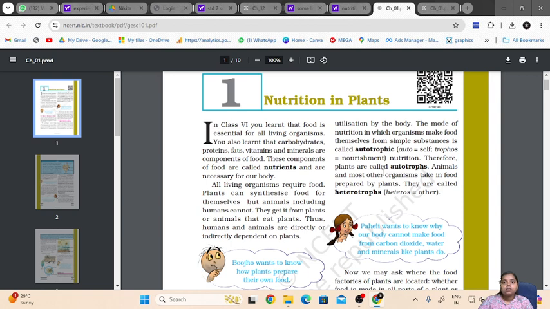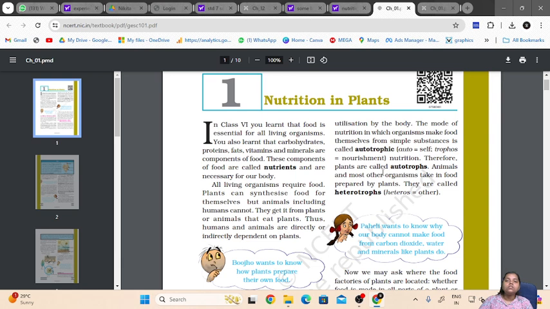Now you will say that we cook our own food. Yes, we cook our own food, no doubt. But the raw material required to cook the food, where do we get that from? We get it from animals and plants. The vegetables that we buy from the market are all plants. Non-vegetarian or dairy products like milk, ghee, paneer, chicken, eggs, everything that we bring is from an animal source. So we indirectly or directly depend on other animals or on plants.